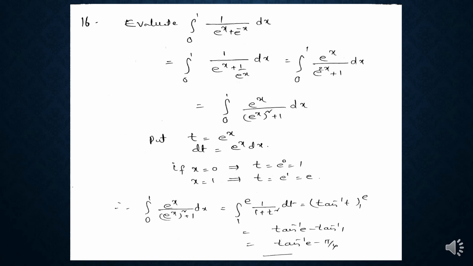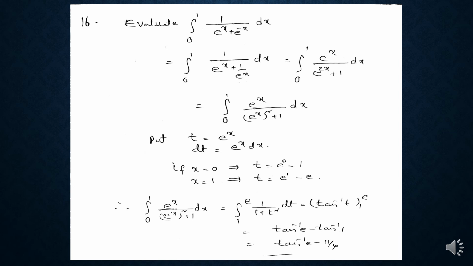After the substitution, we change the limits also. The given lower limit is 0 and the upper limit is 1. These limits are for x. Now we changed the variable x into t, so we should find the new limits for t.